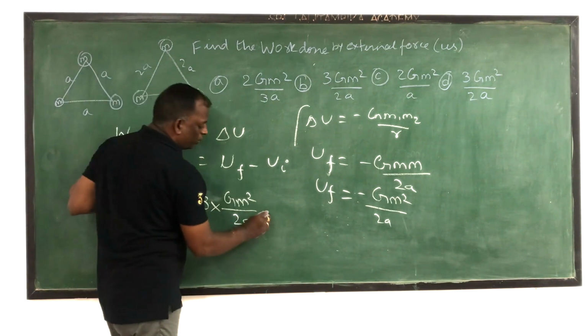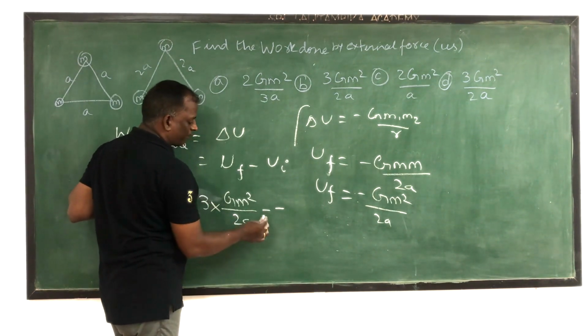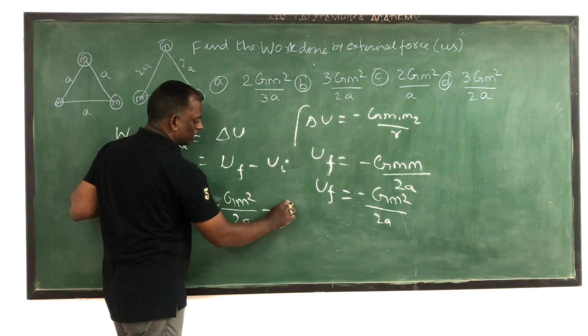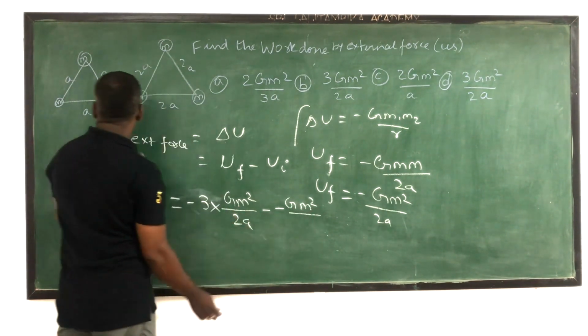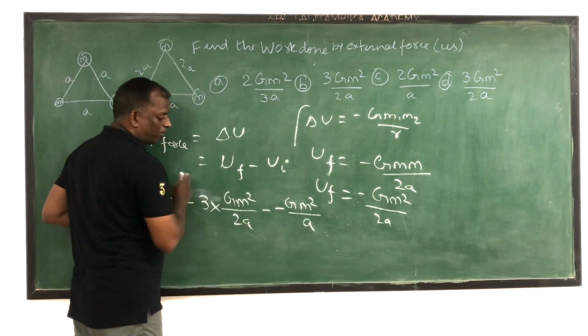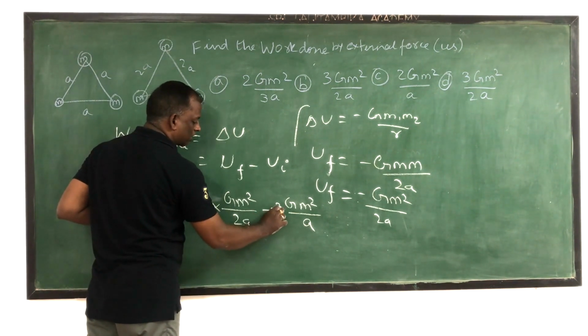Now what is U initial? According to the formula it is minus G m square by a. இங்கேயும் மூணு மாஸ் இருக்குது, அதனால I can write as minus 3 into